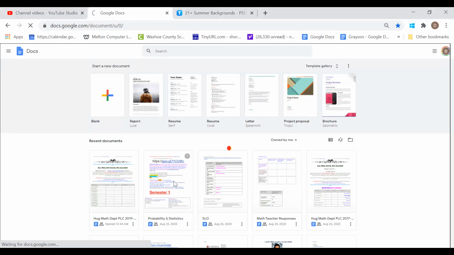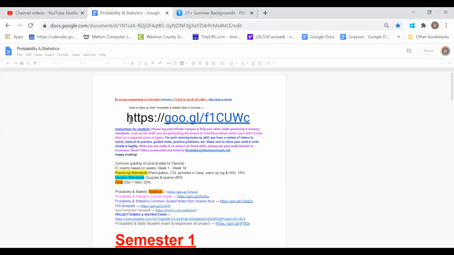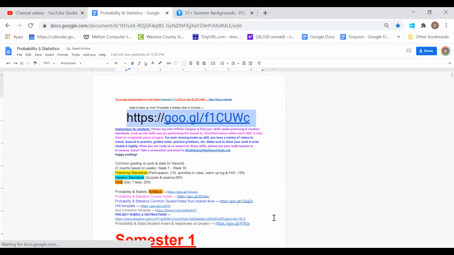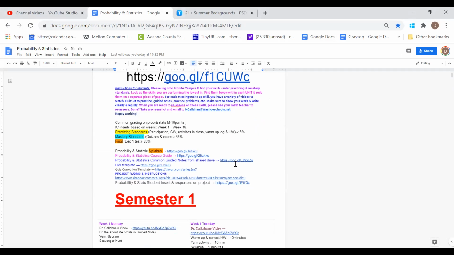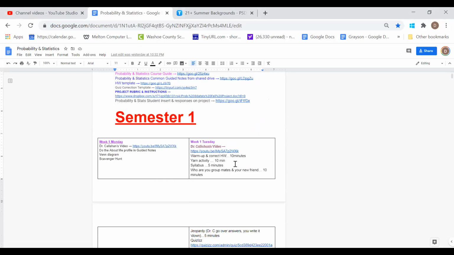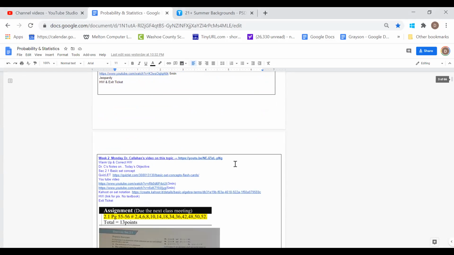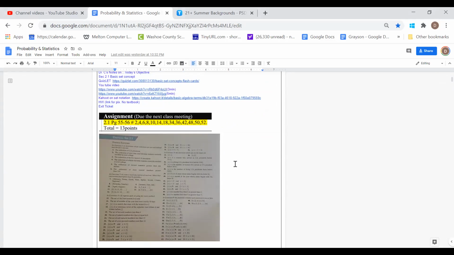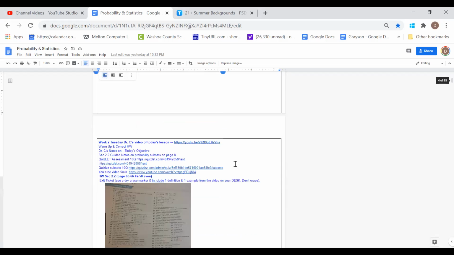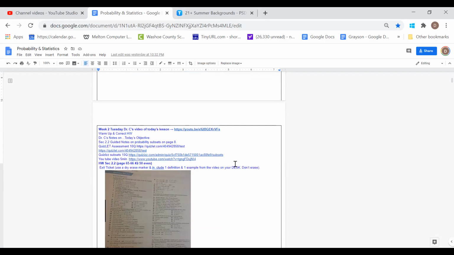Is right here. So to access this, it is this link right here, capital CUW, everything else lowercase. Once you go and type that in, you'll have access to this Google Doc. And like I said before in my previous videos, this is week 2 Thursday, so you're gonna have to scroll down to week 2 Thursday. Keep going, here we go. So week 2 Thursday,